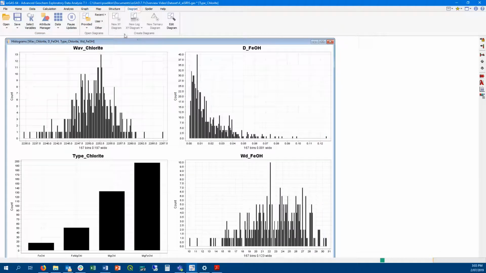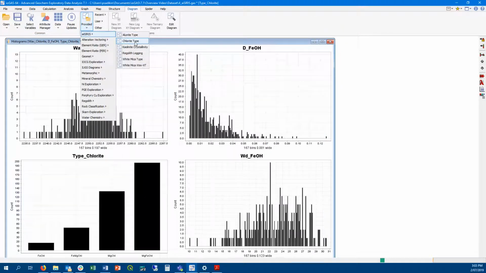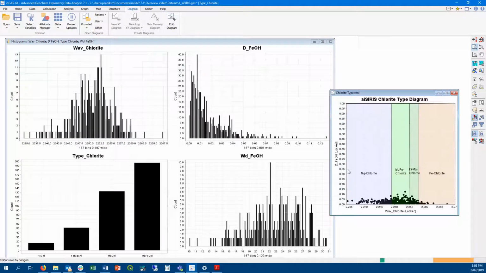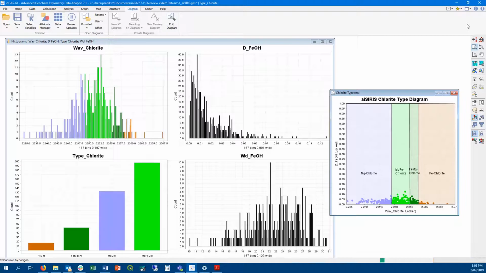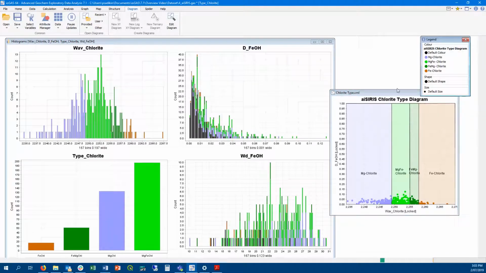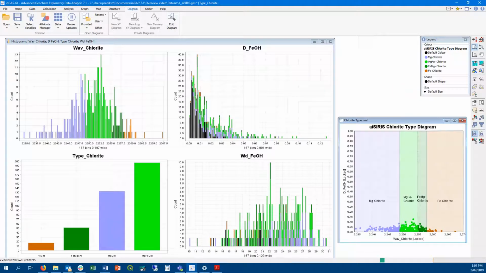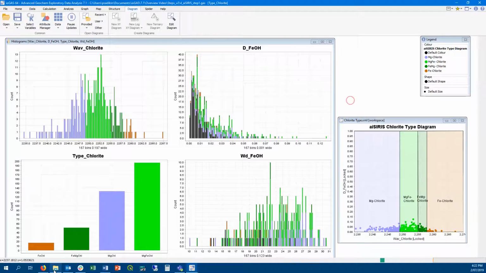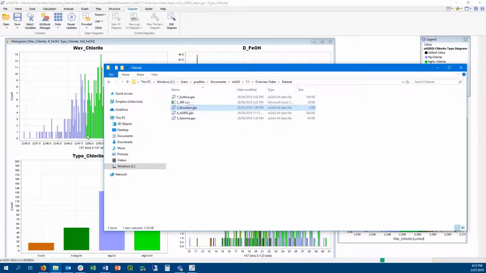And this is a GAS file from the Osiris cloud which contains OSPEC spectral data. We can open one example of an Osiris classification diagram that we can use to auto-attribute our samples. In this example, the data points are colored based on where they plot within the calculated thresholds for the different chloride types present. Let's move on and look at some of the new features that we have added to the